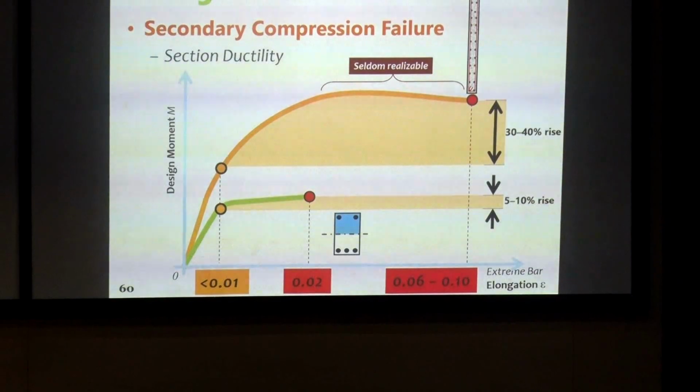In case of smaller sections, this difference between where yielding happens to that secondary compression failure, the margin, if you do the calculation, you will see 1%, 2%, 3%, 5%. Not of worry. But in large cross-sectional walls, this can be a 30, 40% difference. And this is a significant thing. Also, this higher strength, particularly in walls, is not realizable.